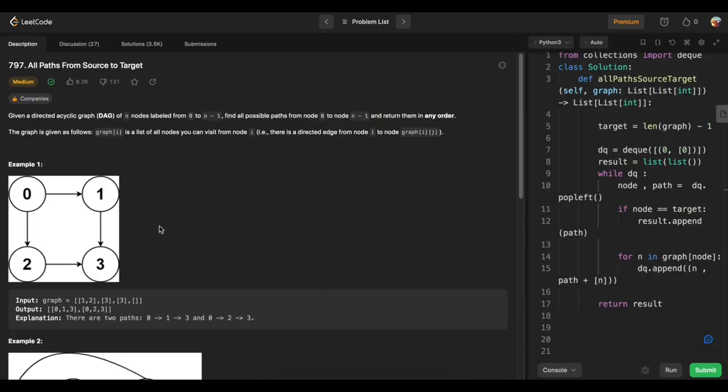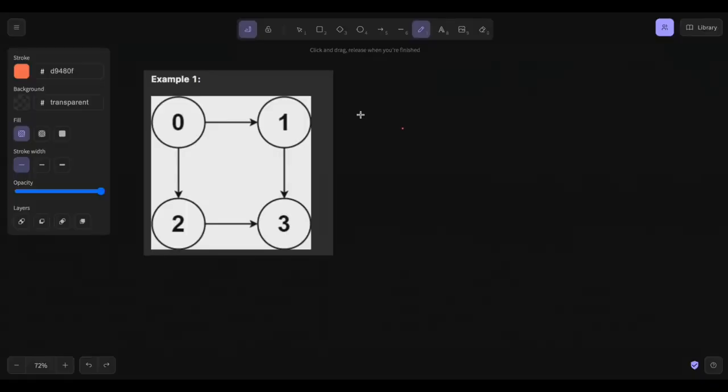So how do we solve this problem? In order to solve this problem, I'm going to use a DQ. When I start the DQ traversal, I'll start with the node 0, since we have to start with the node 0. And in this node 0, when I start, I don't have any path, so the initial path will only be 0. So that is my first base condition. So this I'm going to push into my DQ,